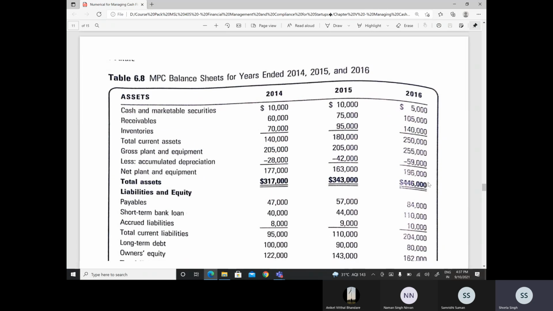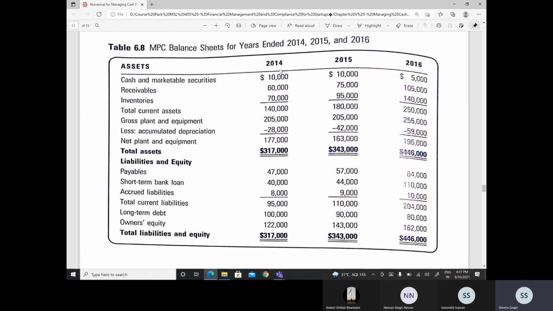Then you are given the balance sheet for the company for 3 years, 2014, 15, and 16. In assets, we start from our current assets. We have cash and marketable securities of $10,000, receivables of $60,000, inventories of $70,000, giving us total current assets of $140,000. We have gross plant and equipment of $205,000, and from this we take out the accumulated depreciation of $28,000 to get net plant and equipment of $177,000,